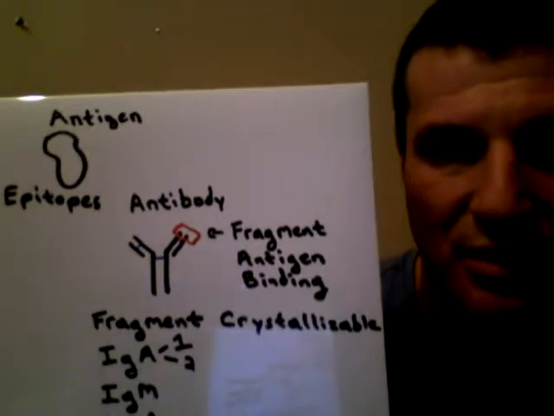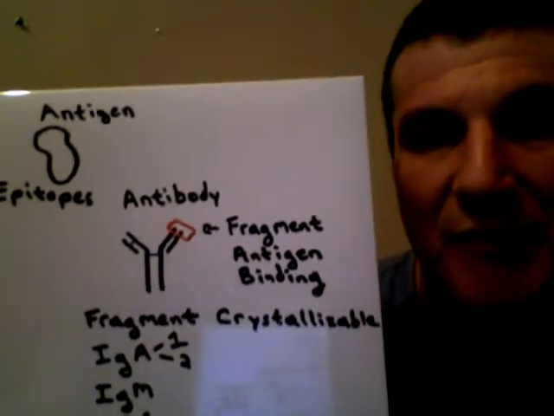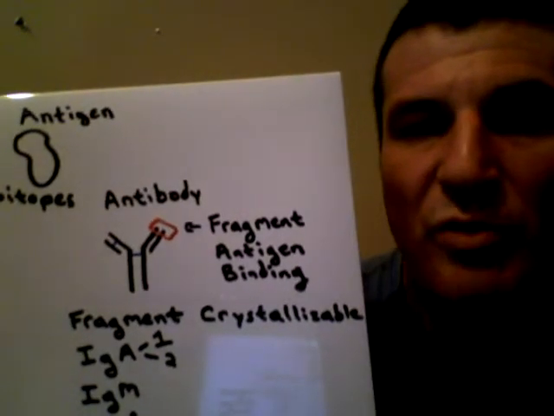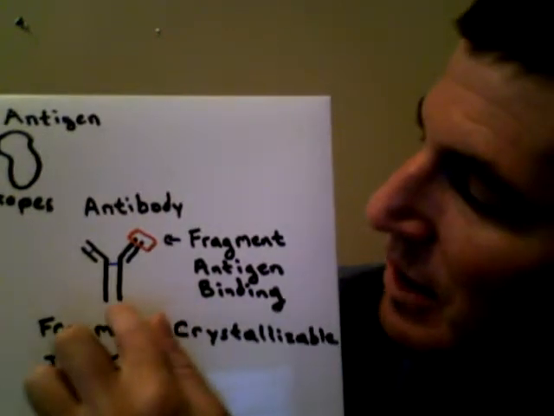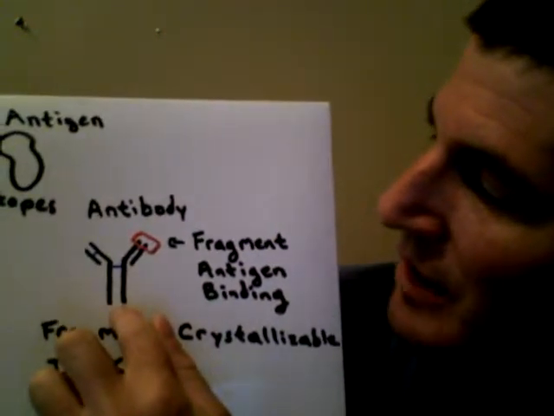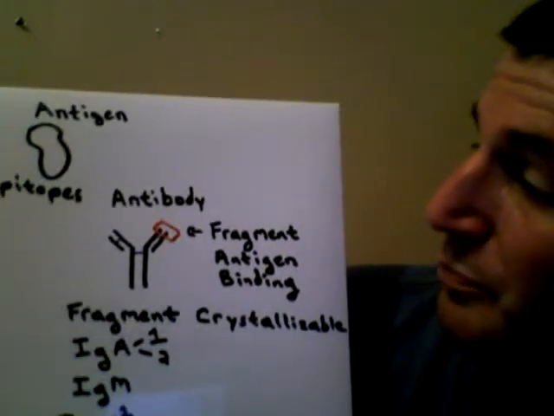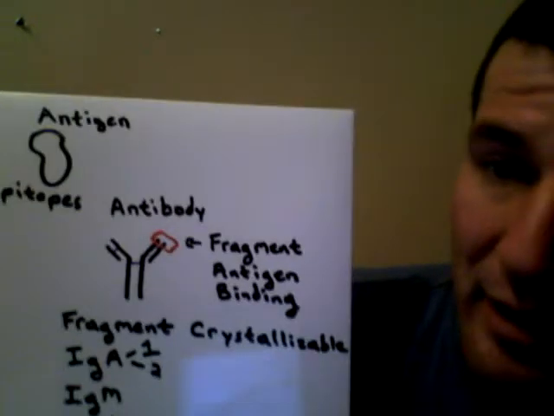It's the proteins that make it up. It's the immunoglobulins, or antibodies, and the fragment antigen binding region right there. That really is going to vary. That binding portion right there, see, here is the heavy chain of the antibody, and here's the light chain of the antibody, and they're connected by disulfide bonds right there. But this portion right here at the tip is going to vary a lot,